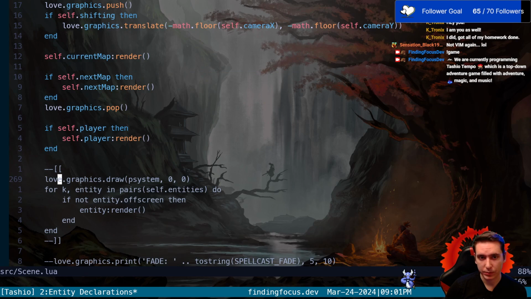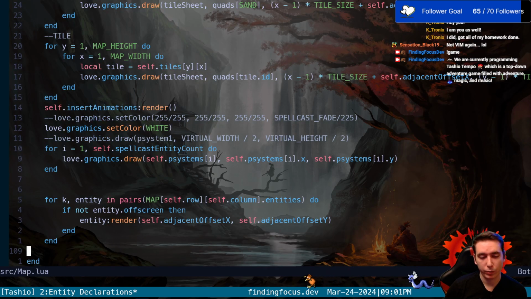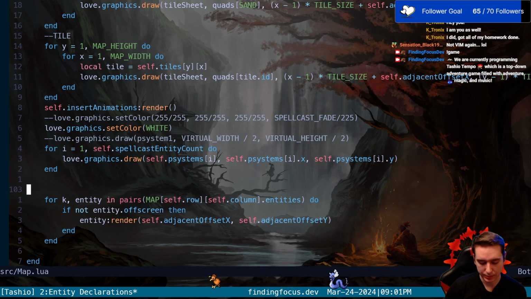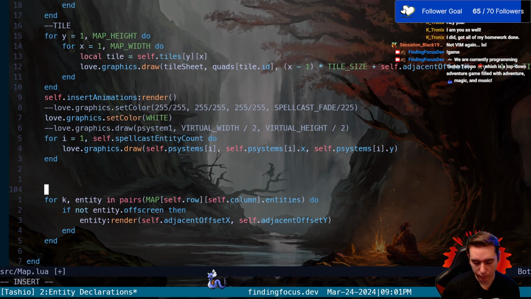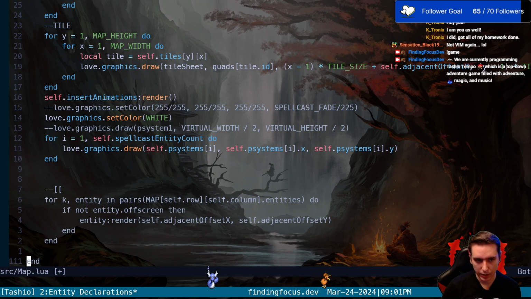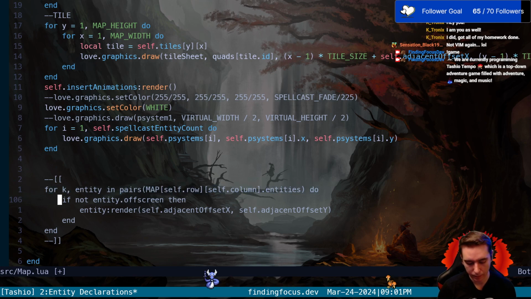So in our map, we don't render our entities exactly, but we need access to this adjacent offset X, which is part of our map. But if we want to render just our entity in our particle system over our player, maybe we can do something like this and just take out the render from our map,